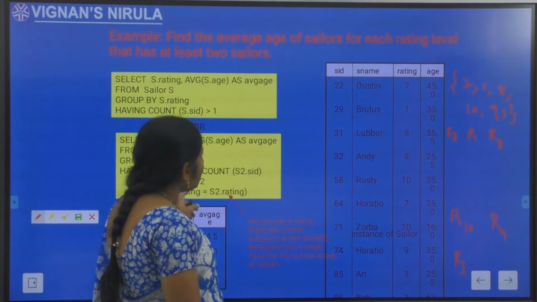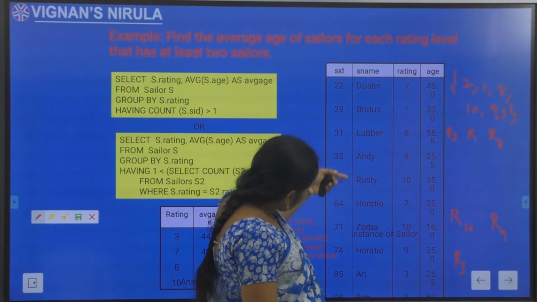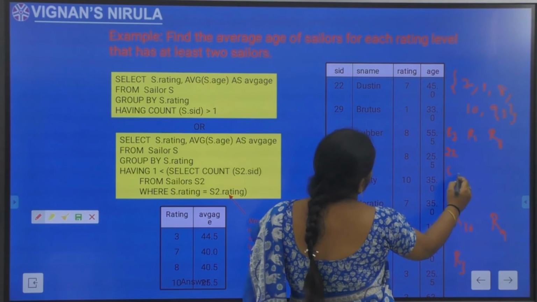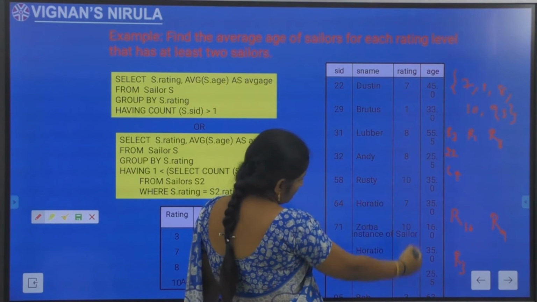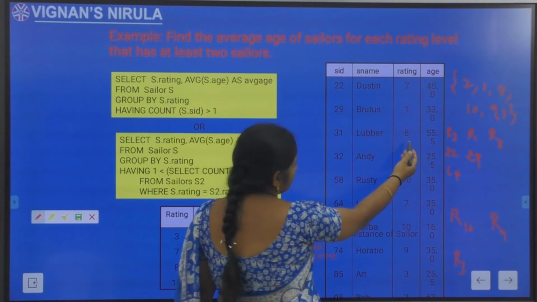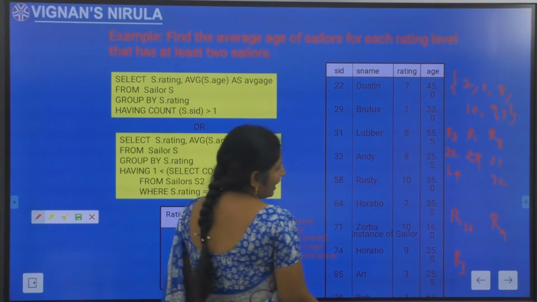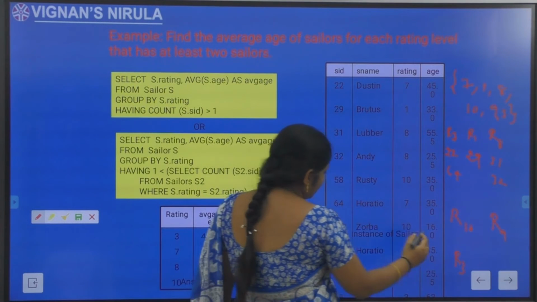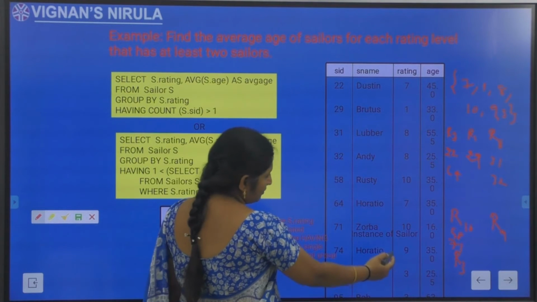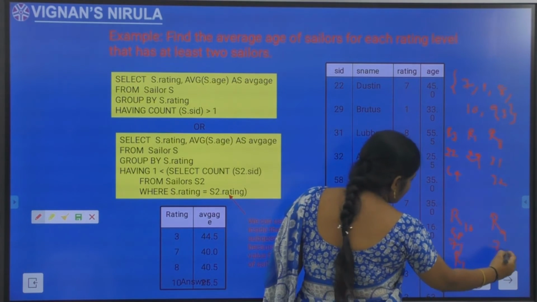What are the sailors in the rating level 7 group? Sailor IDs 22 and 64. R1: only one tuple is there, that is 29. R8: 31 and 32. R10: 58 and 71. For R9: only one tuple, that is 74.